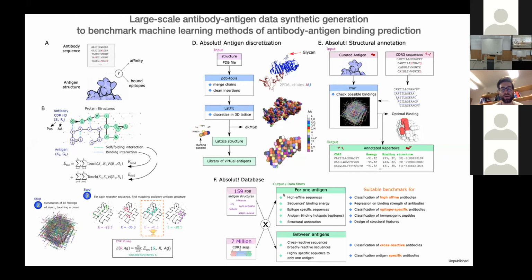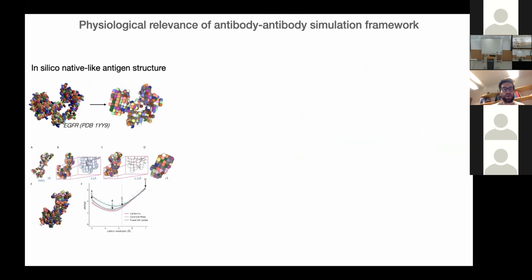So we have now a database with 1 billion synthetic antibody-antigen structures, which took quite a long time to compute as we have to go through all of these bindings. Of course, our binding is not the same as the real binding, because if our in silico binding were the same as the real binding, then we would have the Nobel Prize. But still,